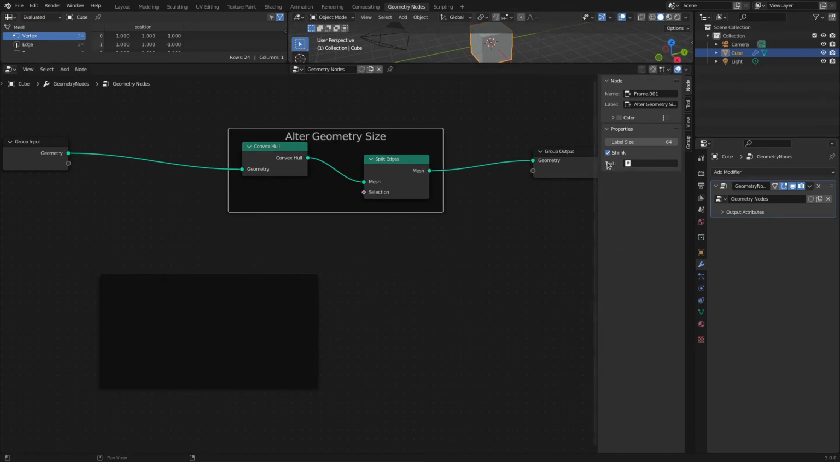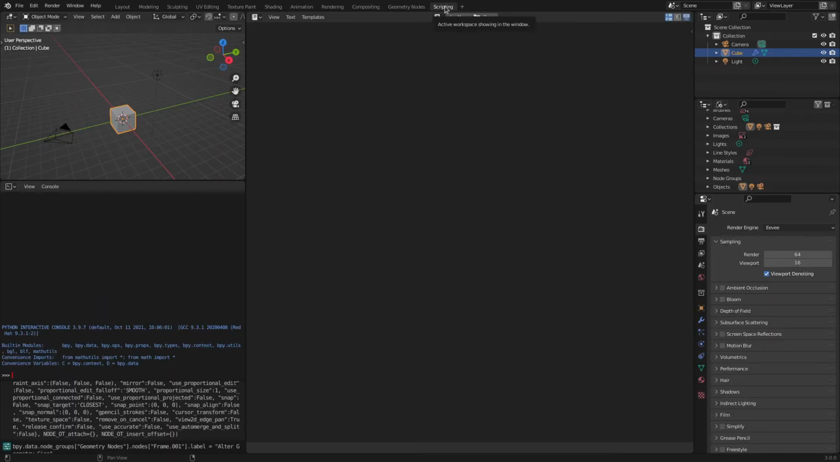And now this text area allows you to add more text to your frame here. Keep in mind the label only accepts up to 64 characters. So if I want to add more characters, I can come over here to my scripting tab. If for some reason I need to explain something a little bit more verbosely, I can head over to my scripting tab, create a new script,